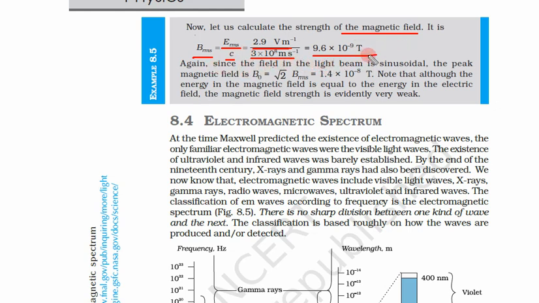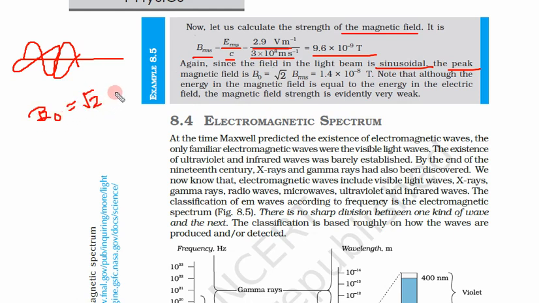Again, since the field in the light beam is sinusoidal, electric field is sinusoidal and magnetic field is also sinusoidal, only the direction is different. Both are sinusoidal, so we have to calculate the peak. And again, the relation between peak and RMS: the peak B0 is nothing but under root 2 into this RMS value. So B0 is equal to under root 2 times B_RMS. So let us multiply 9.6 into 10 to power minus 9 with under root 2. We get 1.4 into 10 to power minus 8 Tesla. Again it is very